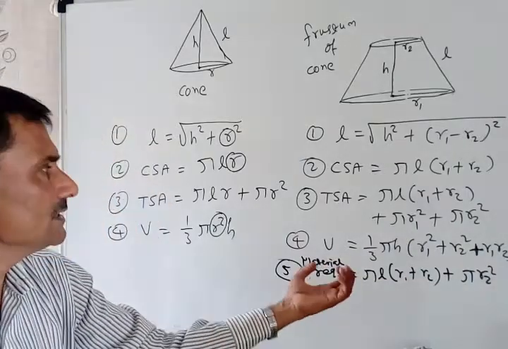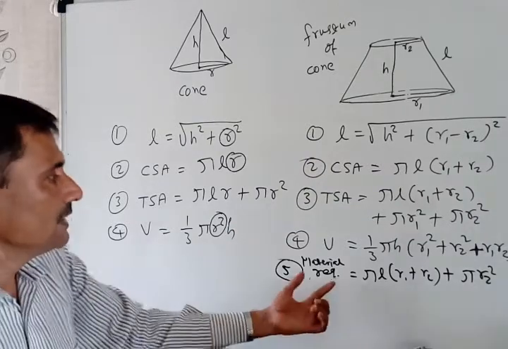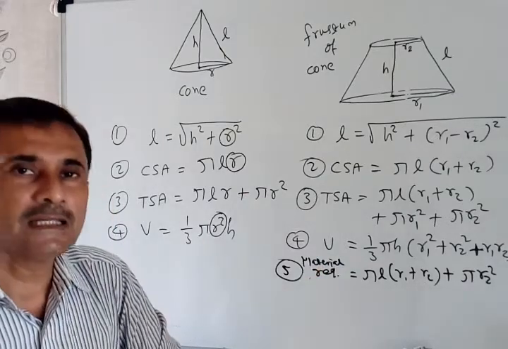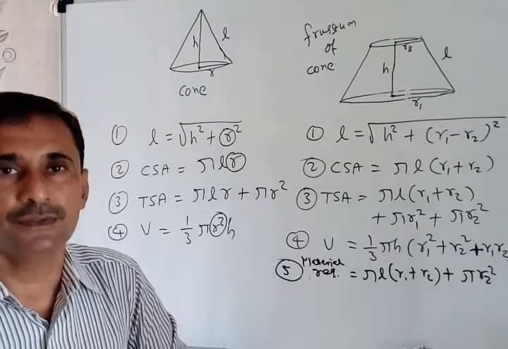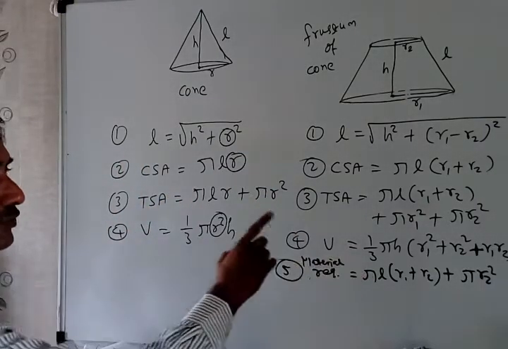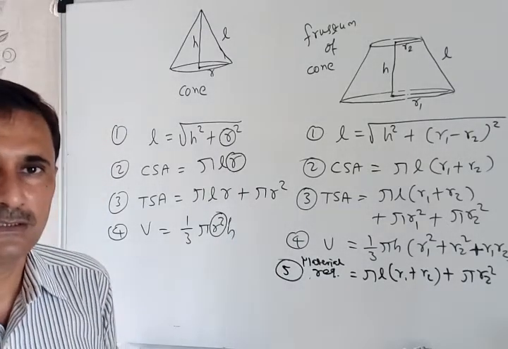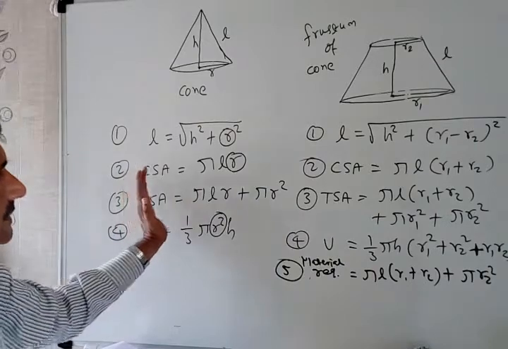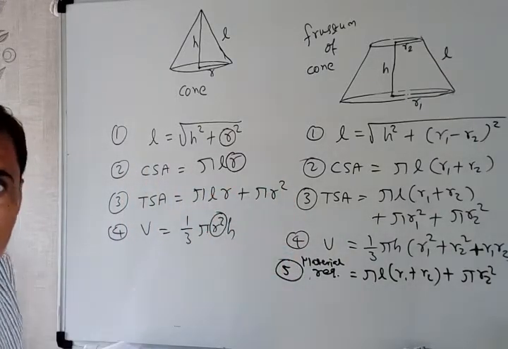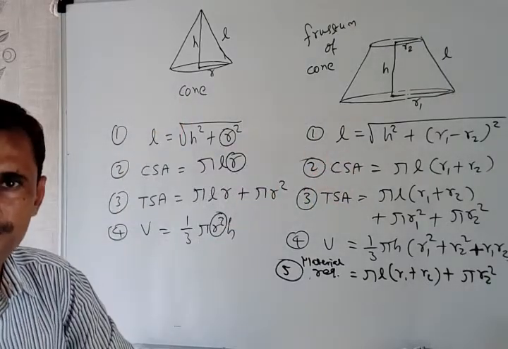So that is in between CSA and TSA. More than CSA or less than TSA. Because you understand? So sometimes you just remember, whenever this formula is used, whenever they are asking how much material is used. Okay. So you just understand this new formula. We have not included this step in the first lecture of this lesson. Okay. But today we just derive or try to remember or try to relate the formula of cone with the formula of frustum of cone.